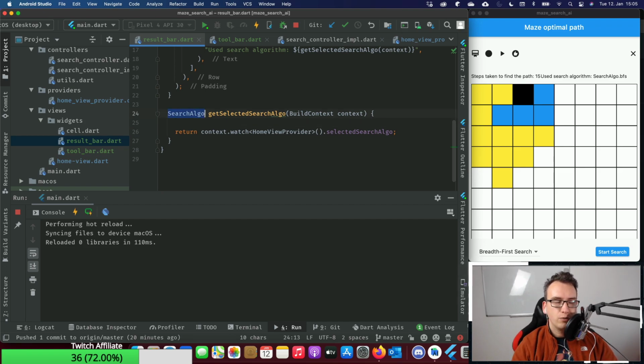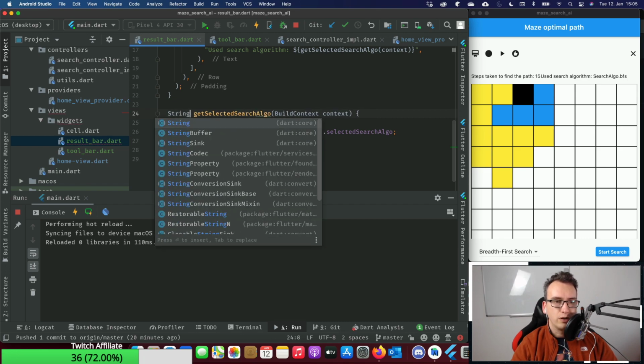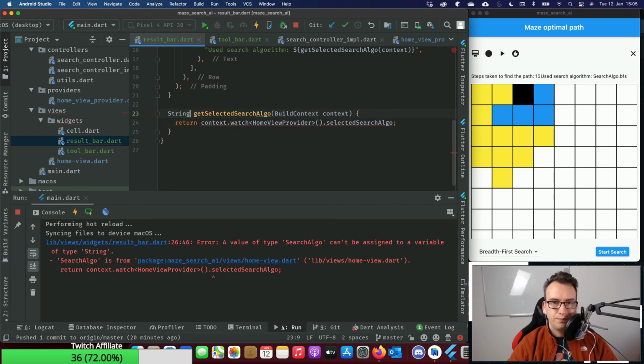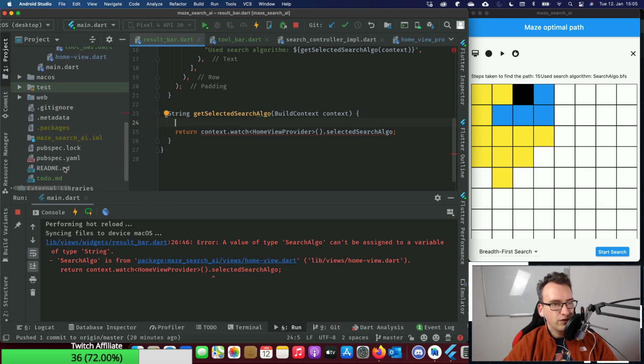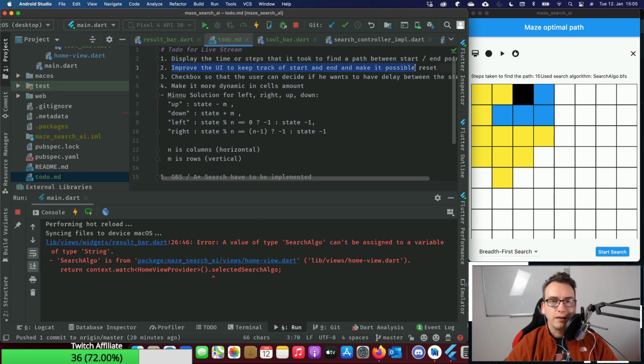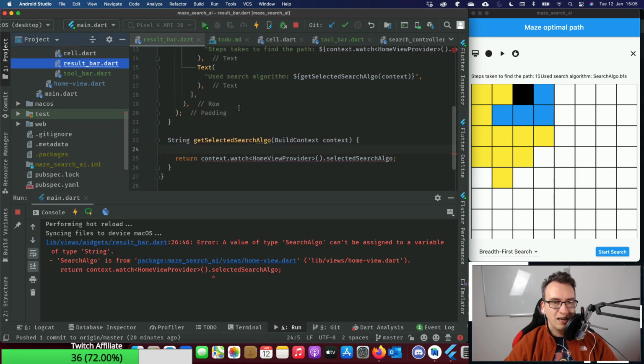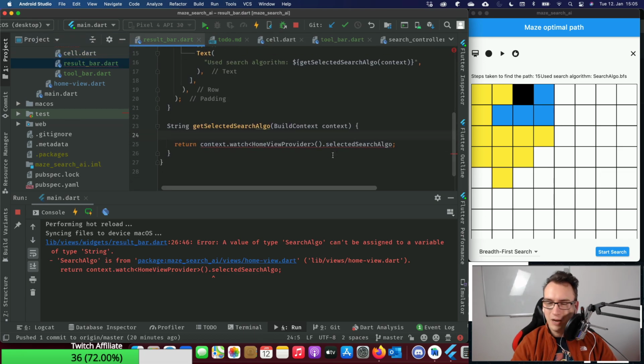We know that we don't want to return a search algo, we want to return a string. Yes, Minu, that is one of our to-dos, to keep track of start and end, because that is at the moment not possible. So we are coming slowly to it.